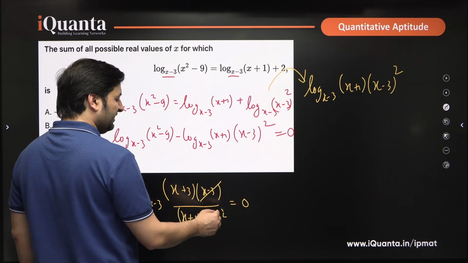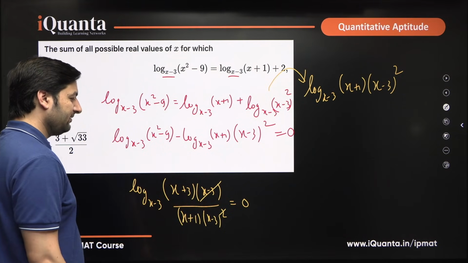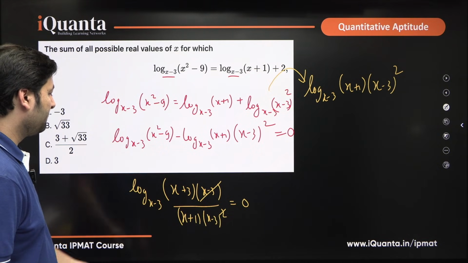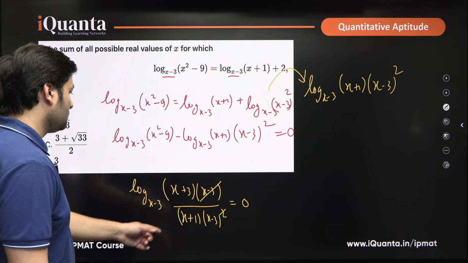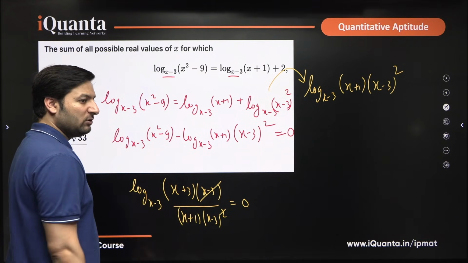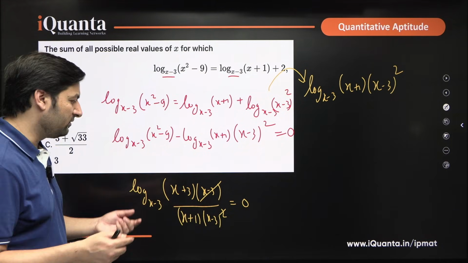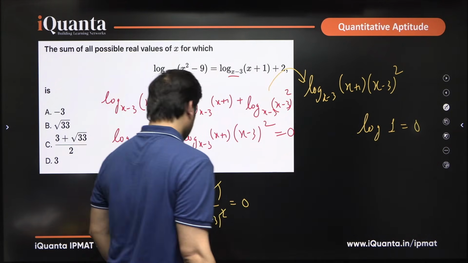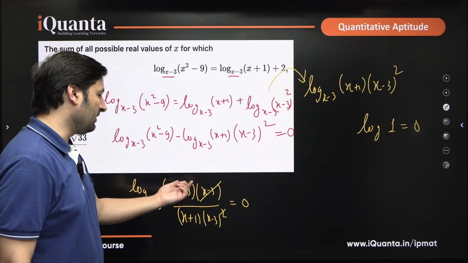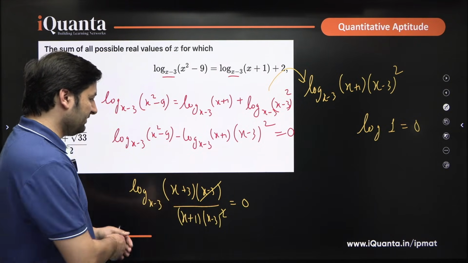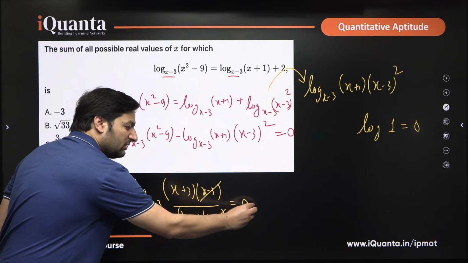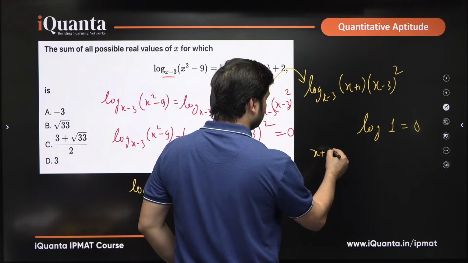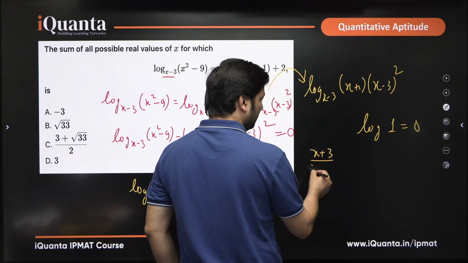So, one x minus 3 is gone, right. What am I left with? I am left with log base x minus 3 of x plus 3 upon x plus 1 into x minus 3, and this is equal to 0. So, what do you get? Log of some value is equal to 0. When is log of some number equal to 0? Log 1, right. For any base, log 1 is equal to 0. So, that means I should care about this part, yes or no? For this log to become 0, this argument should be equal to 1. So, I have to first put x plus 3 upon x plus 1 into x minus 3